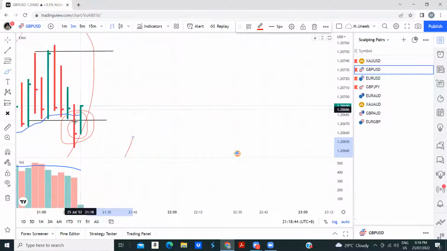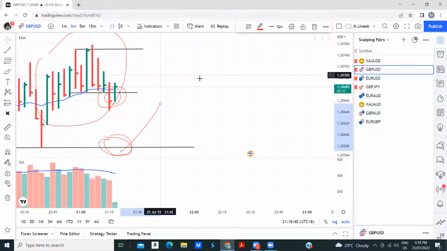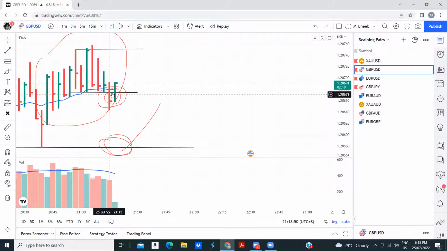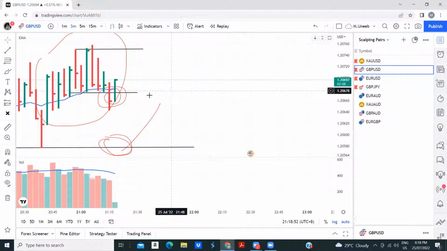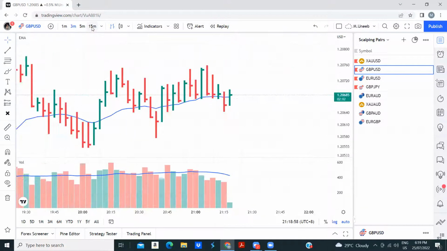But it seems like it's working. Right? So let's see afterwards what will happen, whether it will work or not. Right now, there is no buy condition because there is no sign of strength or something like that. But I will show you later as we finish the webinar. So let's go to the next session now.